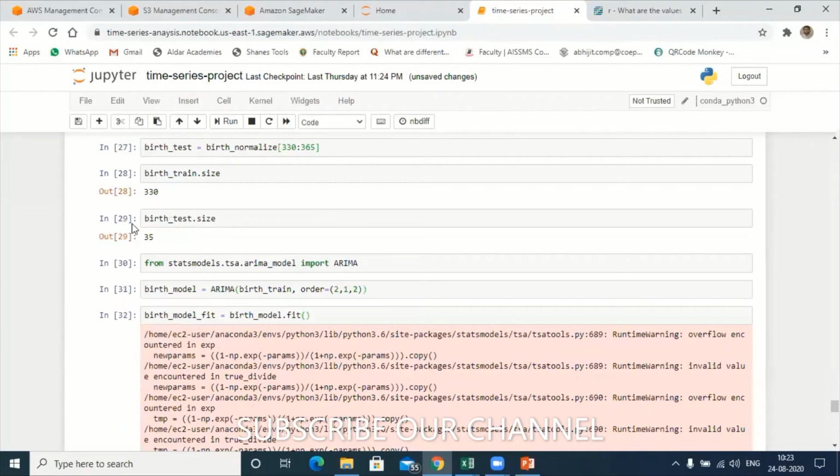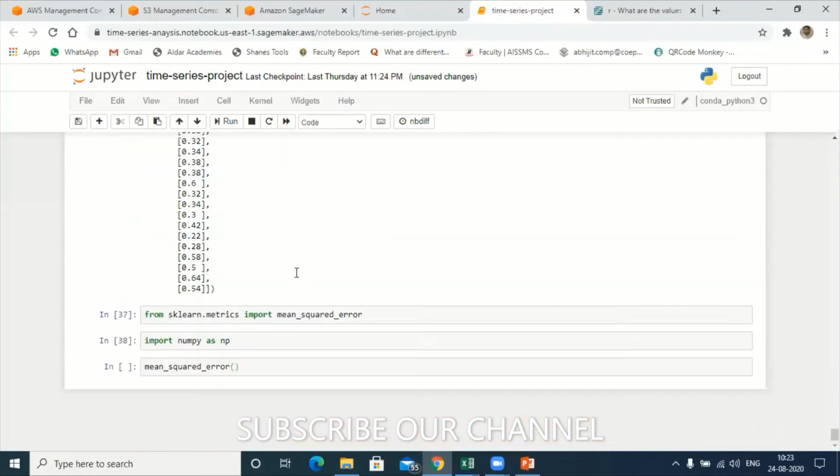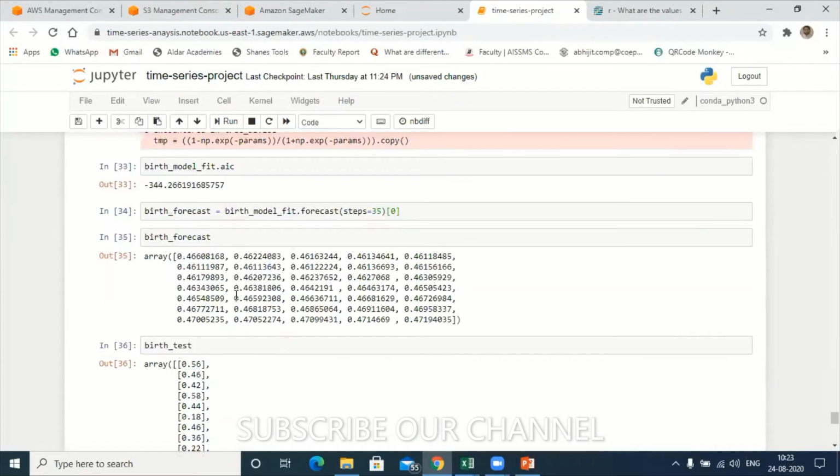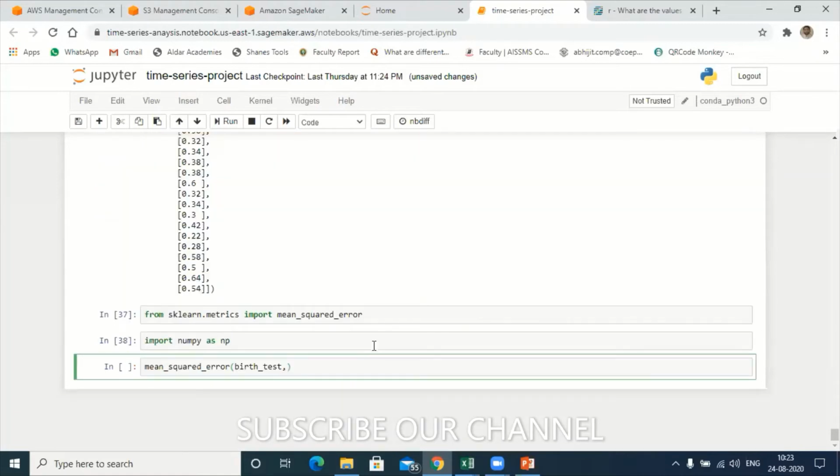So call birth_test, then a comma. The forecasted values are the birth_forecast values. Hit tab; it's not showing, let me check, birth_forecast.